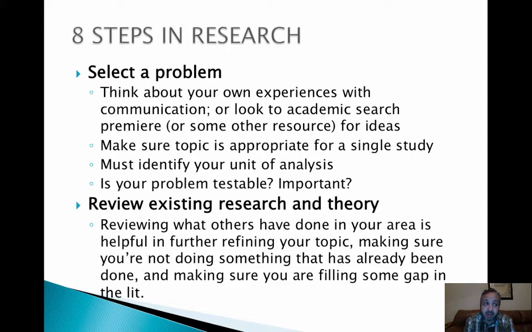So if you want to study cause and effect, you do an experiment. So let's say you want to find out what are the effects of watching Fox News on people's political opinions. That would be an experiment. If you want to find out what does Fox News cover and how do they cover it, that's a content analysis. If you want to study the effects of Fox News or whatever, then you do an experiment. And I'll define these more later. If you want to find out what people's attitudes are about Fox News or their beliefs or their perceptions, then you would do a survey. Those are the three primary quantitative methods that we use in our field.